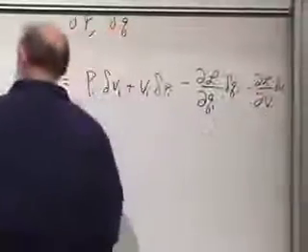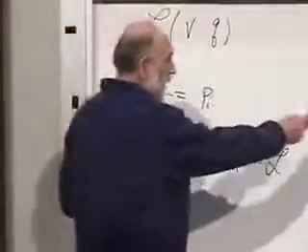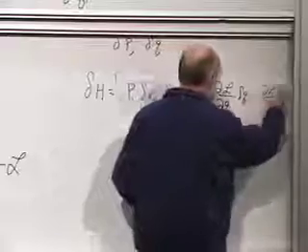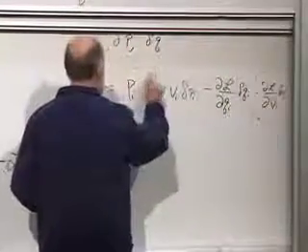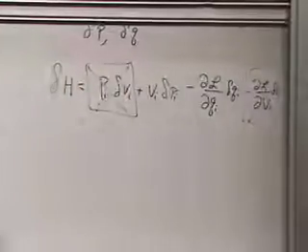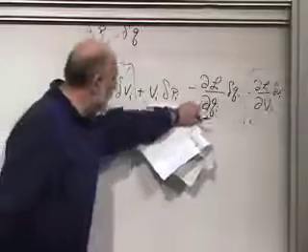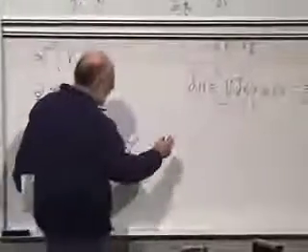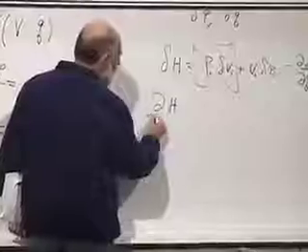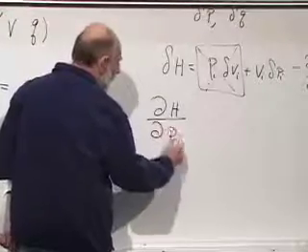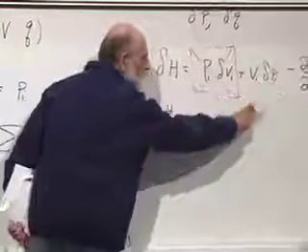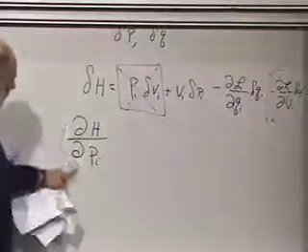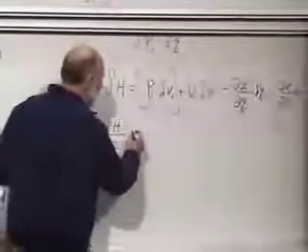Remember that dL by dV sub I is P sub I. Here's P sub I. Here's P sub I. Things in the red squares cancel again. They're gone. The other two terms can't cancel each other. One involves delta P, the other involves delta Q. Those are independent variations. They can't cancel each other. But what we can write down now is that the derivative of the Hamiltonian with respect to P sub I, that's a small change in H when you change P sub I a little bit, keeping Q sub I fixed, dH by dP sub I, keeping the Q's fixed, is just